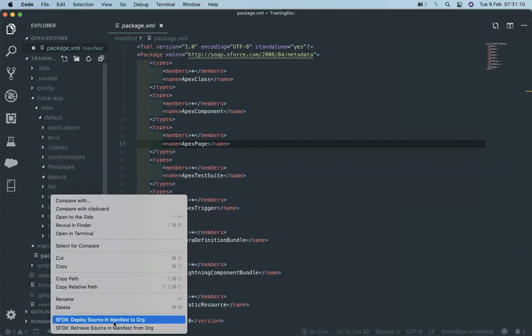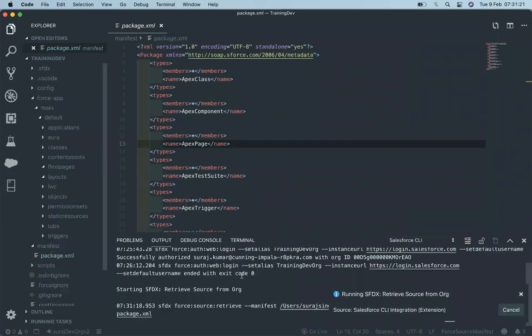One is deploy source in manifest to org, and second is retrieve source in manifest from org. Just click on retrieve source. It will take some time and retrieve all the metadata from the org we authorized, and it will show up here. So it's doing that.